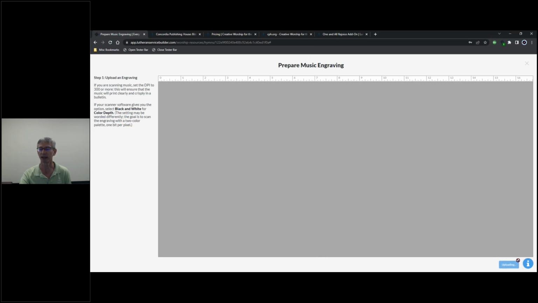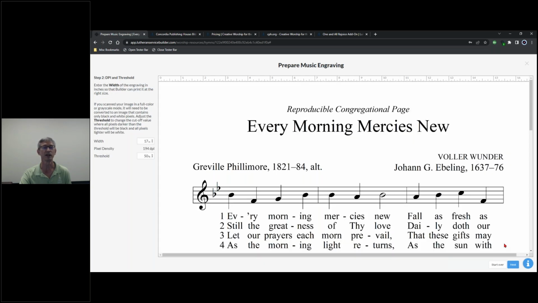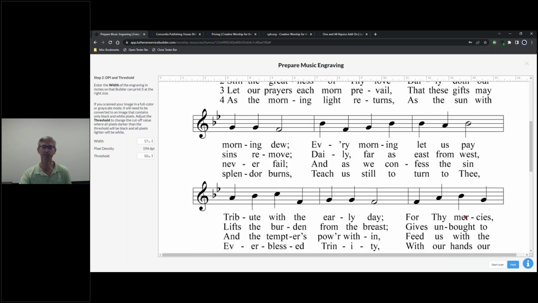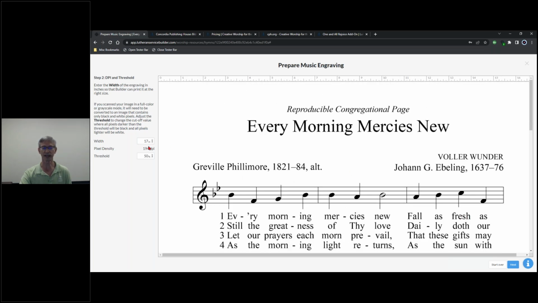And it's now uploading. The button is labeled uploading in the lower right corner. And we hope that this moves along here shortly. We'll just have to wait. It is an image file. There it comes. All right, so here's the image file of that hymn. By default, it kind of comes in and uploads with a width of 17 inches. Now, I'll never need a 17-inch